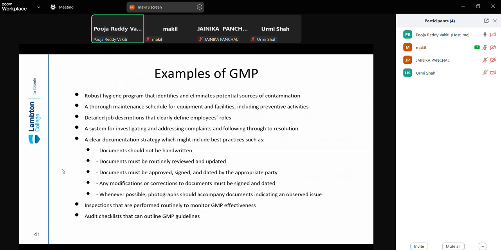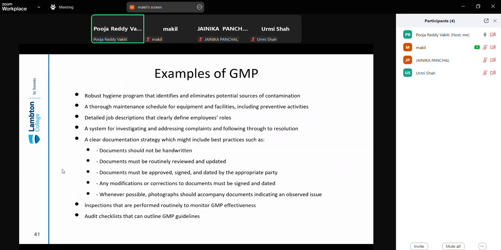The documents must be routinely reviewed and updated, and they must be approved and signed by the appropriate party. If there are any modifications, corrections, or updates to the documents, they must be signed and dated by the appropriate party. Whenever possible, appropriate photographs must also accompany documents